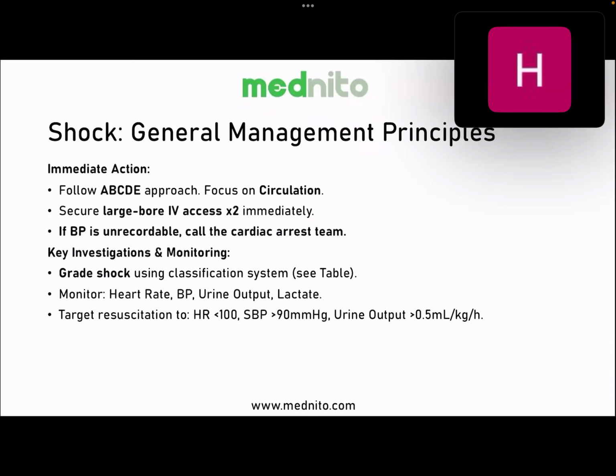Next, we talk about shock. I will have to tell you that if you are thinking of shock in the examination, it is usually the blood pressure is less than 90. The systolic blood pressure is less than 90. This is one thing you will have to remember. Even without reading the question, if the systolic blood pressure is less than 90, it is shock until otherwise proven.